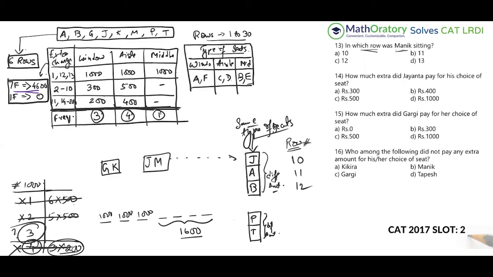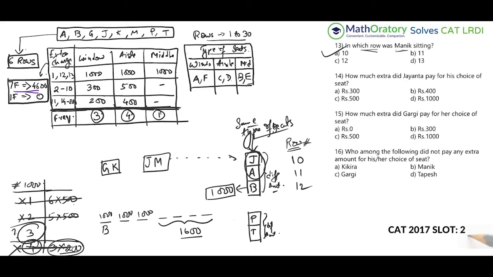So now one job is done. As soon as we know this, we can mark this answer as well. So Manik is also in row number 10. But what about the amounts now? First of all, we know that B is paying 1,000 rupees. So let us write the amounts beside. So 1,000 is paid by B, or I could have indicated here as well, B. Anyhow, let me continue writing it in this way only.